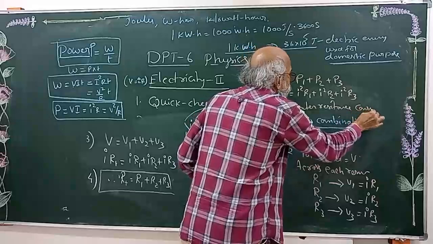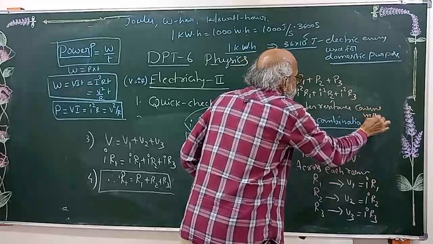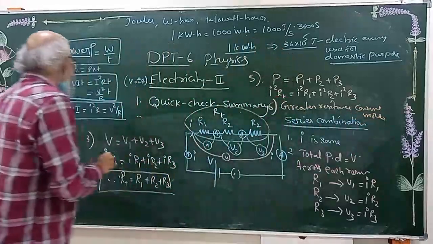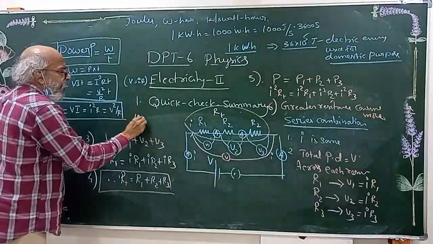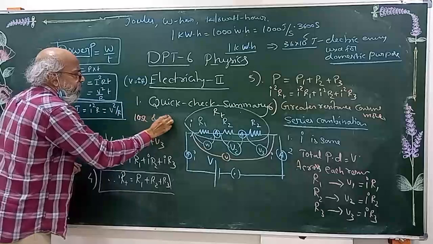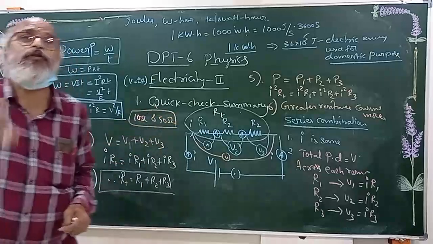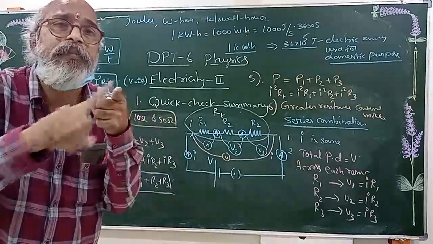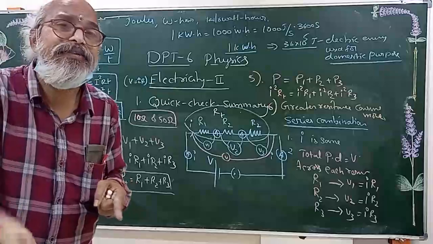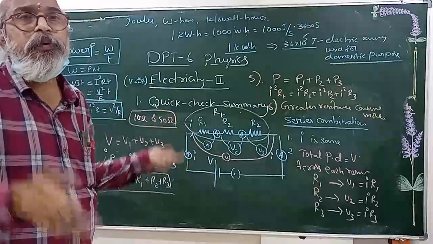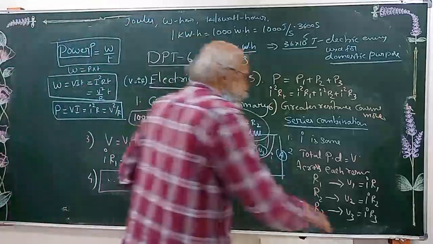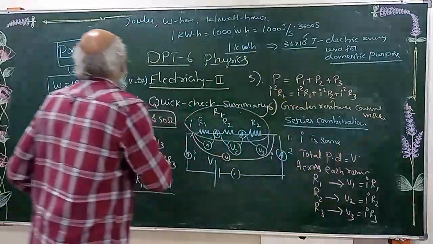Suppose 10 ohms and 50 ohms are connected in series, which will consume more power? 50 ohms will consume more power in series, because all are provided with the same current. Higher resistance obviously consumes more power. Now coming to the other important combination, that is